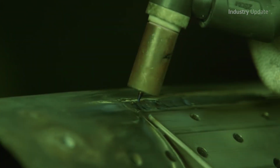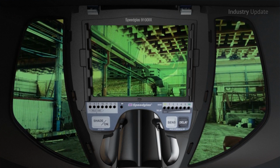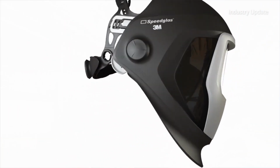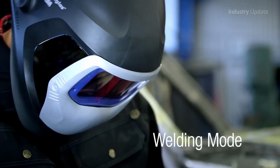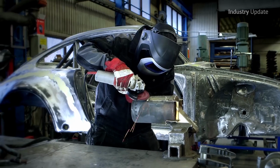Hi, I'm Tim Webster. The 3M Speedglas 9100 Air combines the largest viewing area on the market with Speedglas True View, which allows the welder to view their weld with better clarity and more colour. When combined with the peripheral side windows, the Speedglas 9100 Air gives welders vision like no other welding helmet currently on the market. An external button allows the welder to bounce between welding settings and grind mode without touching the